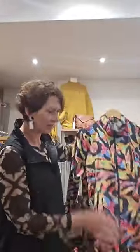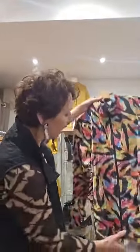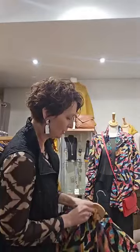So this style of jacket, I love it. It's a really light, soft fabric, so it's not a heavy jacket. It's a jacket you can keep on for the evening. It's got a double zip, which you know we're big fans of because that means you can wear it as a top,